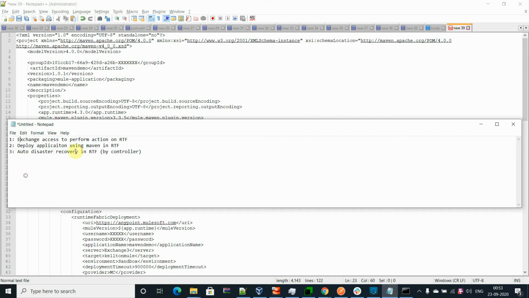I'll demonstrate all of them here. First is the Exchange access to perform actions on RTF.